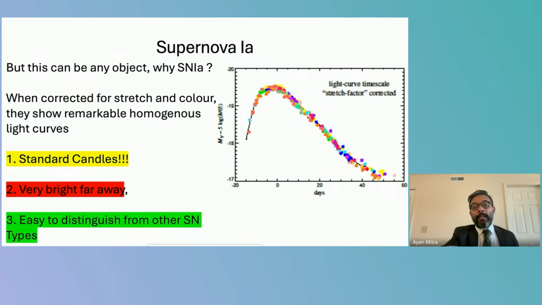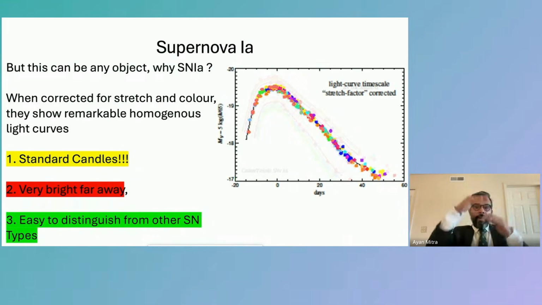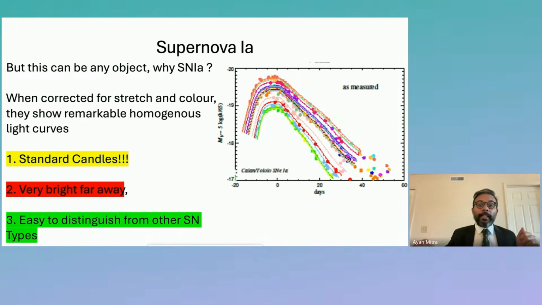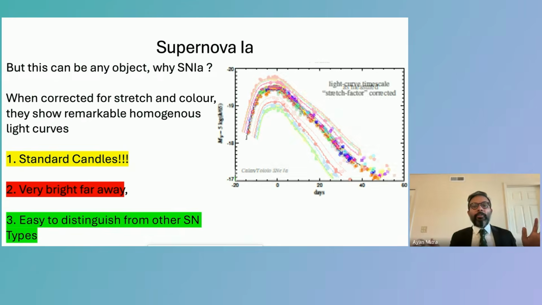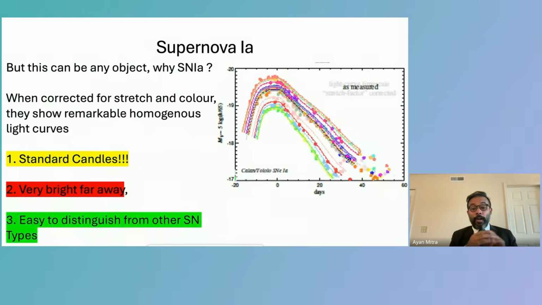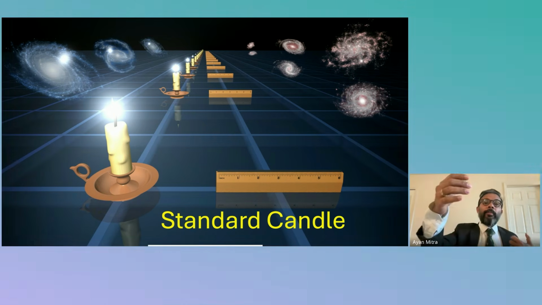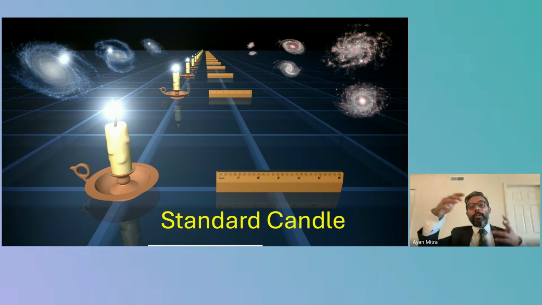If we correct for those minor things, and then we again draw the light curves of each of the supernovae, as you see in this animation, they have similar patterns, but they vary on the y-axis. But if we correct and redraw them, they all lie on a single template, very uniformly, almost like only 10% variability. So they are very standardized, homogeneous objects. Hence we call them standard candles, meaning we can use them as a ruler, as a measuring tape, to measure the size or the speed at which the universe is expanding.